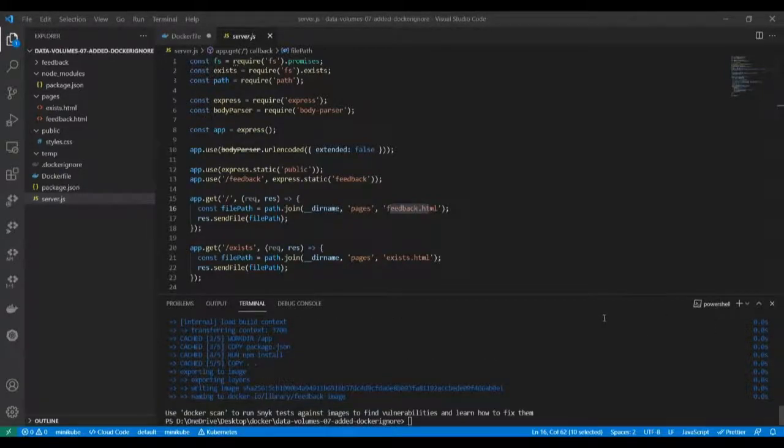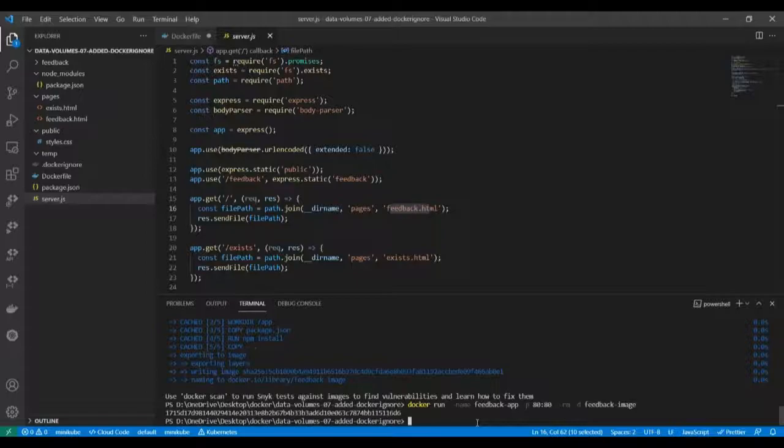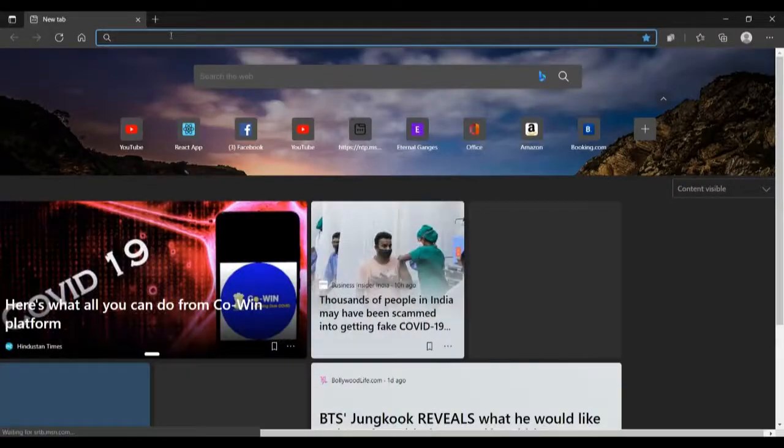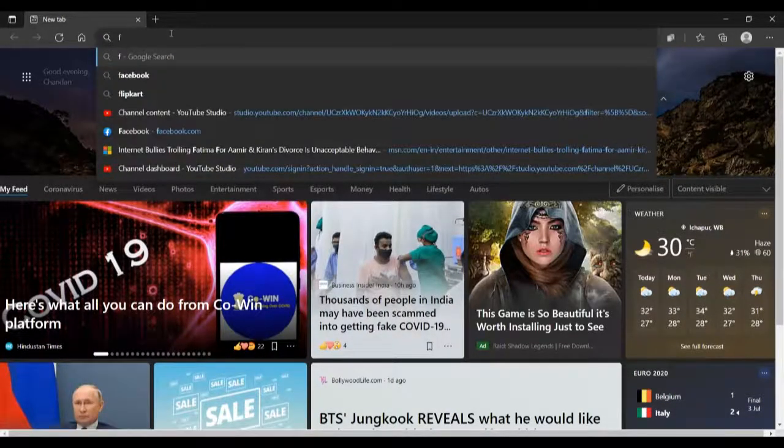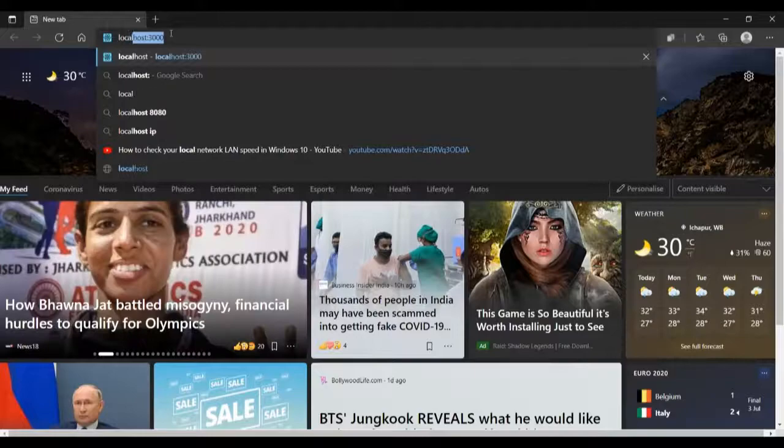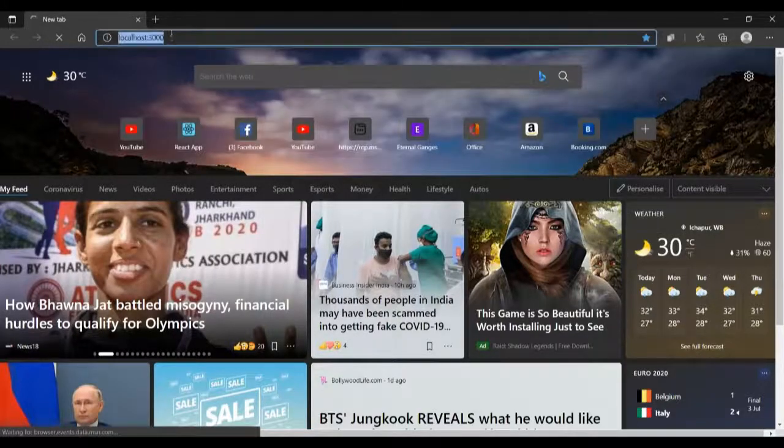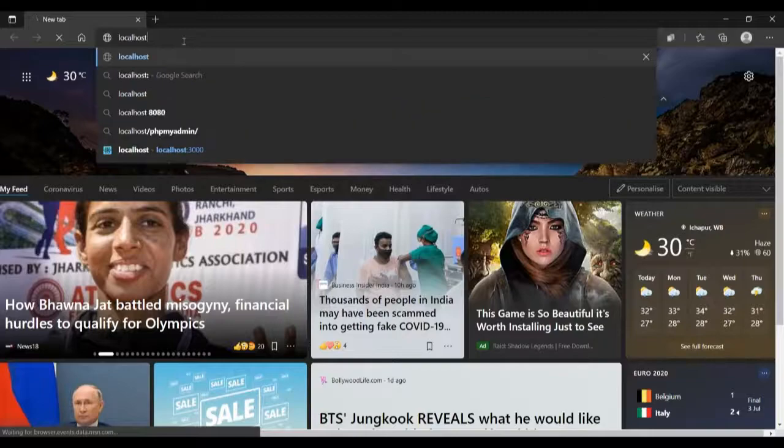Okay, so the build is done. Now we will run the app. We will give the application name feedback app. The port will be 80. We will remove the container when it finishes, and start it in detached mode based on the feedback image. So the container is running now. Let us inspect. The app would be feedback app. We are running on localhost, not 3000, sorry, that was a previous program.